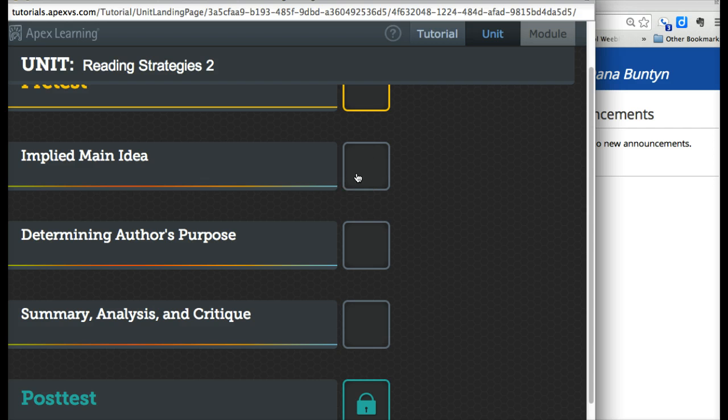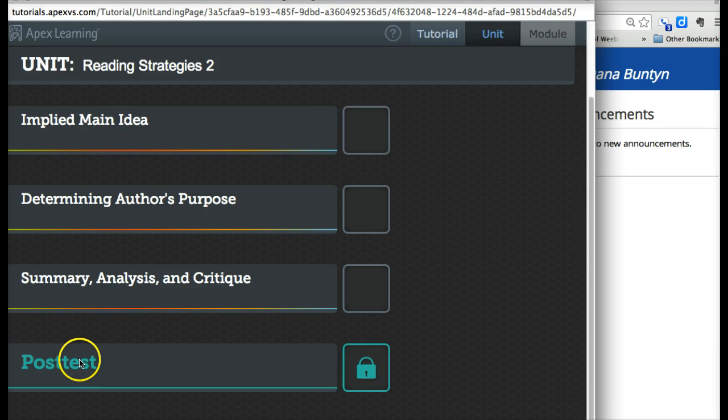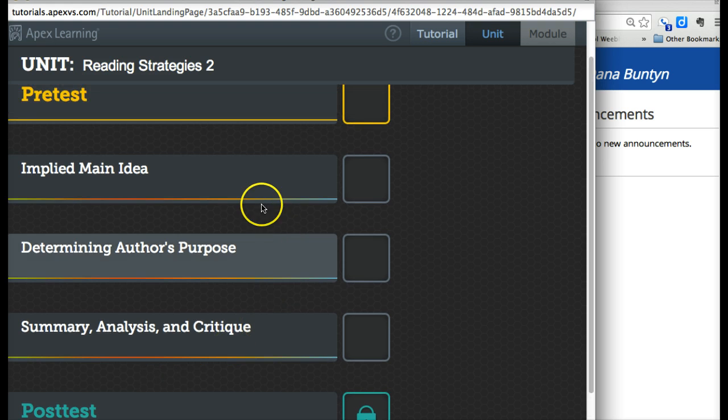If you see a score of 100, that means you do not have to complete the lessons for that module. So again, if you see a 100, you do not have to complete the lessons in the module. However, if you want to complete the lessons just as a refresher, I think that's an excellent idea, because when you're done, you will take the post-test. So you do have to know the information from each of these modules in order to do good on the post-test. But it is not required that if you get 100 on one of these, that you actually have to